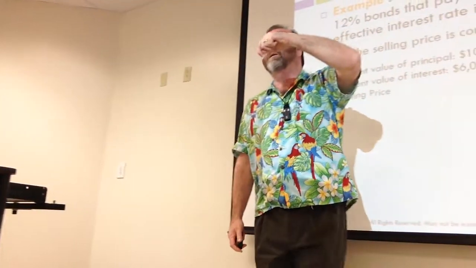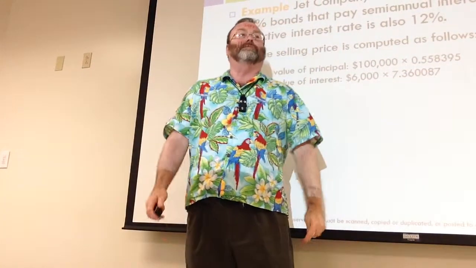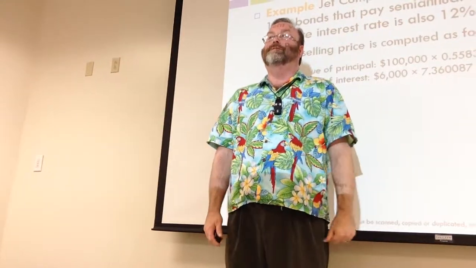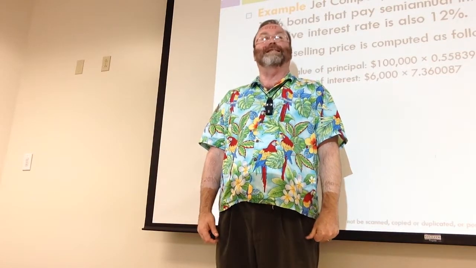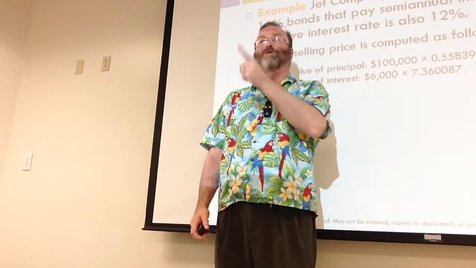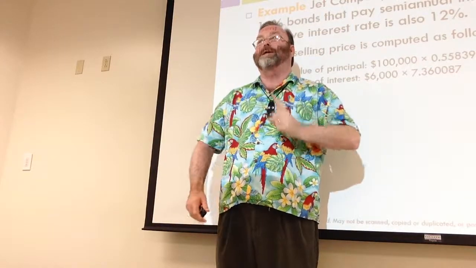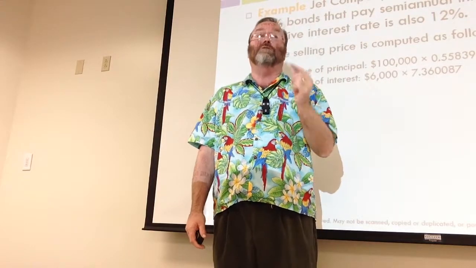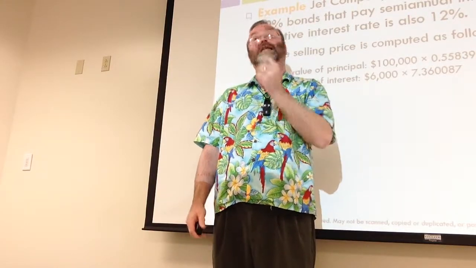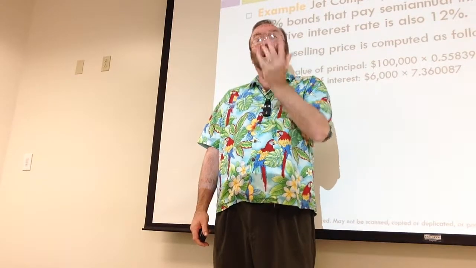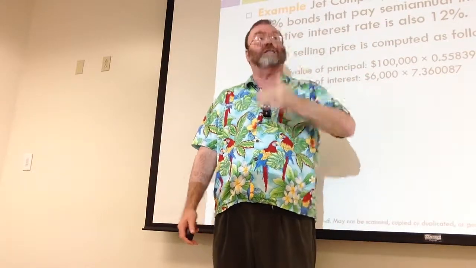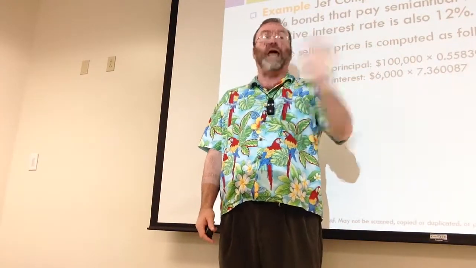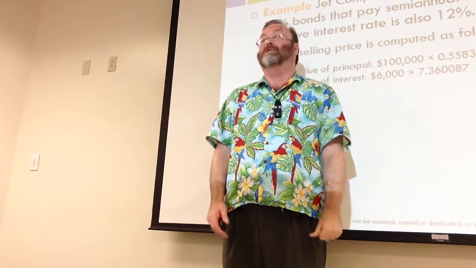Now, what rate did we go to the tables to look up? The face rate or the market rate? Nope. In the table, we only used 1. And this is important because this is the mistake you're going to make on the midterm. You're going to go look the face rate up in the tables, and you need to use the market rate, because that's the yield. That's what you need to discount back to the present value, is the yield, not the cash. The cash is just what's being paid every 6 months.